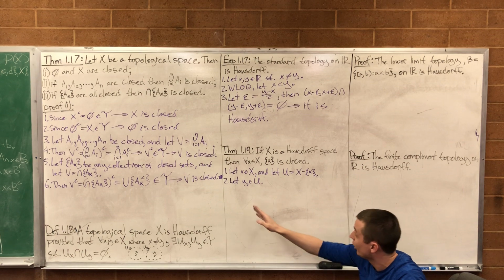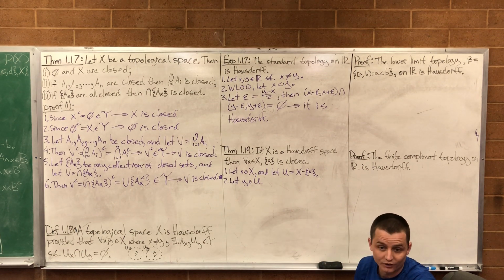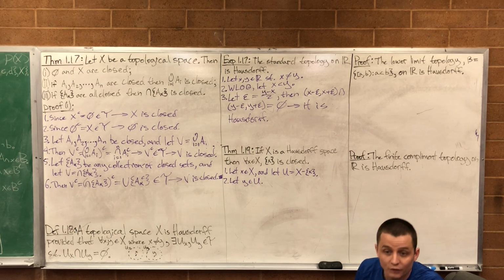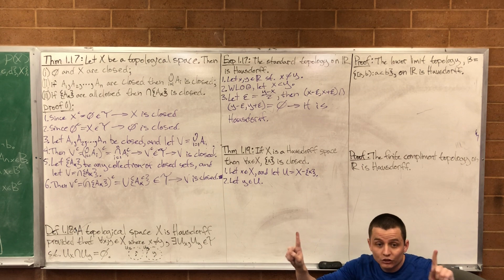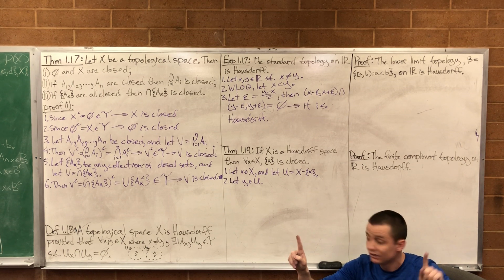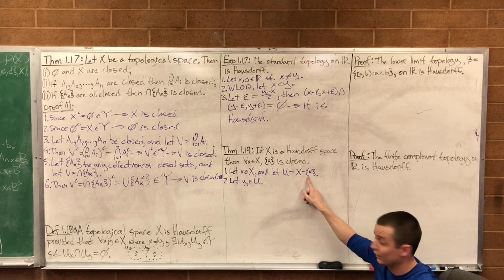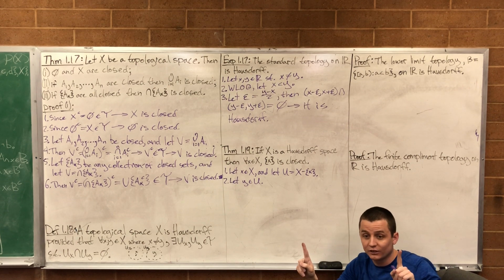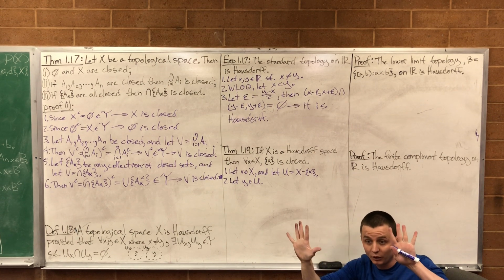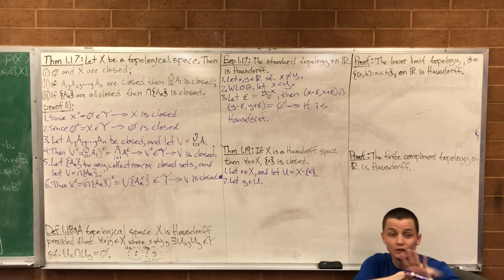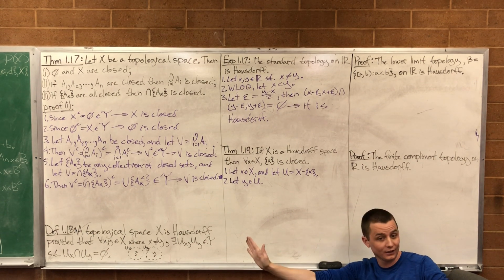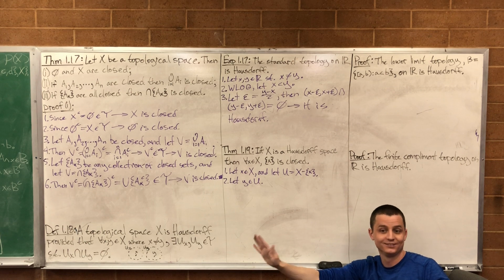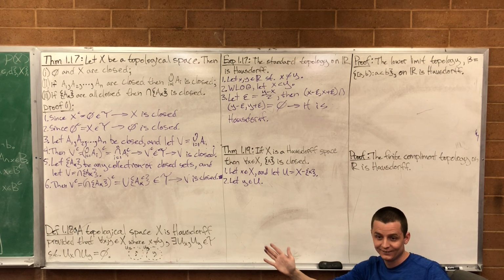Is there going to be an open set that contains y that doesn't contain little x? Yeah. How do I know that? Because it's Hausdorff. For any 2 points I pick that aren't the same point, notice y is in U, so it's definitely not x. For any 2 points I can find that aren't the same point, I can find disjoint open sets containing them, which means I can find an open set around y that doesn't contain x. Oh. You see it? Yeah.